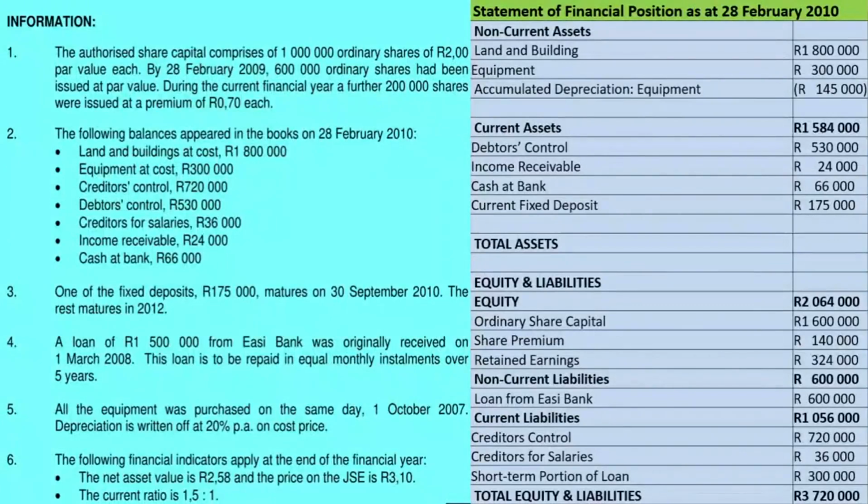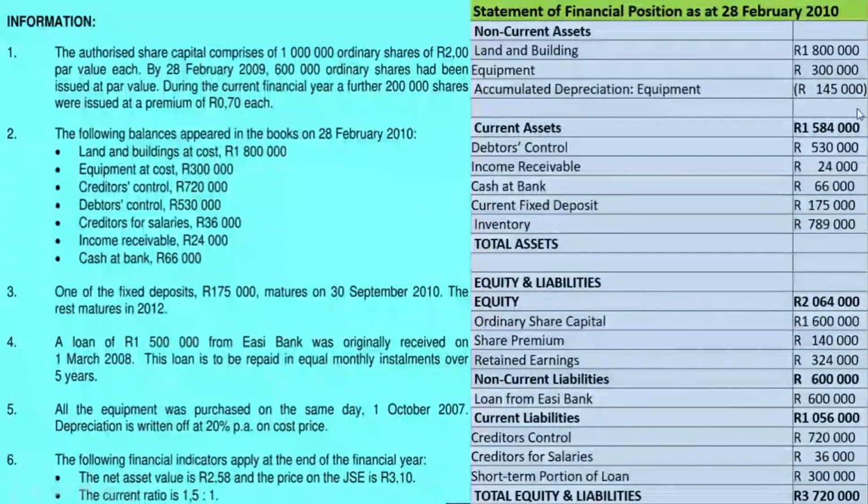We'll put that as inventory, which is missing. How are we going to get the value of inventory? Well, we're going to take the total current assets, which is 1,584,000 rand, and deduct all these amounts that we have here. It will give us the value of inventory. So we put inventory, and it gives us 789,000 rand. So if you add all this up, it should give you now a total of